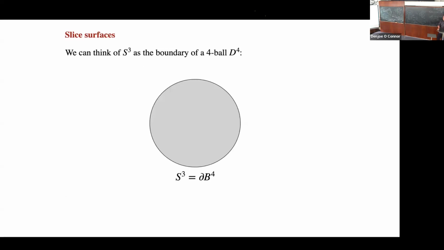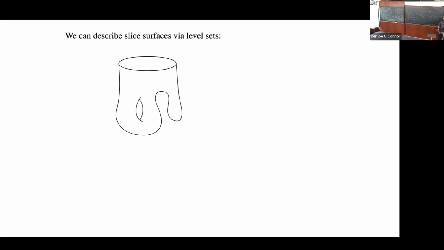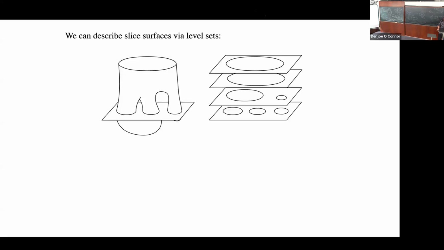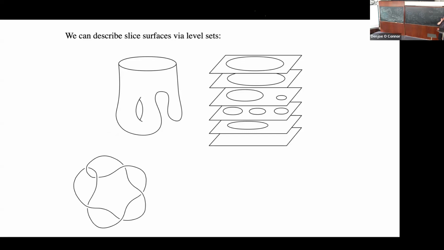If you haven't thought about surfaces inside a four-dimensional space much, how do you represent a surface in four-dimensional space? Well, the most natural way, at least, is by taking a family of level sets. So I think of my surface as being sliced by a family of level sets, and by representing the intersection of my surface with these level sets at enough levels, I can represent my surface. And so I think of a slice surface as really just a way of taking a knot and deforming it down